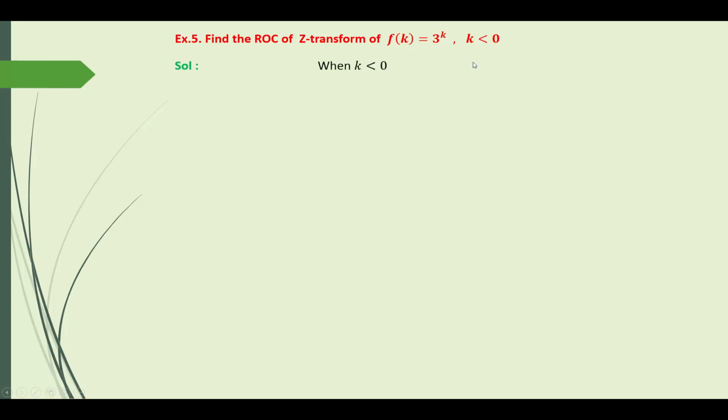Now, by definition, the Z transform of f of k is capital F(z) equal to sigma k varies from minus infinity to minus 1, because k is negative, of f of k z raised to minus k. Therefore, the Z transform of the function 3 raised to k is sigma k varies from minus infinity to minus 1, f of k is 3 raised to k, z raised to minus k